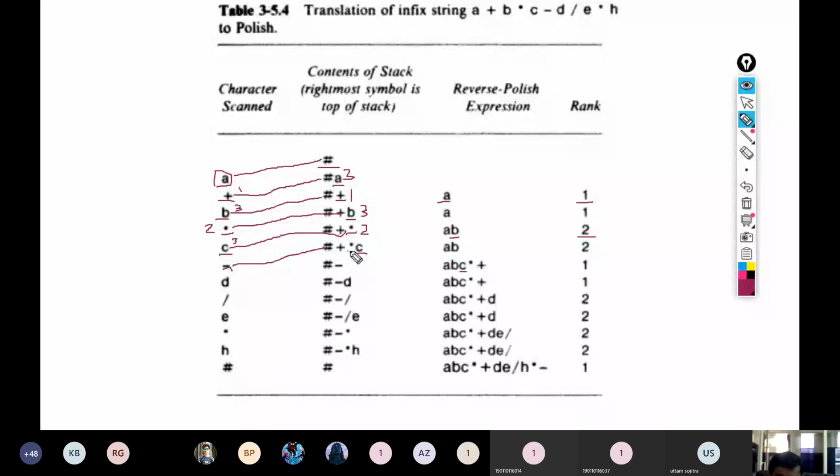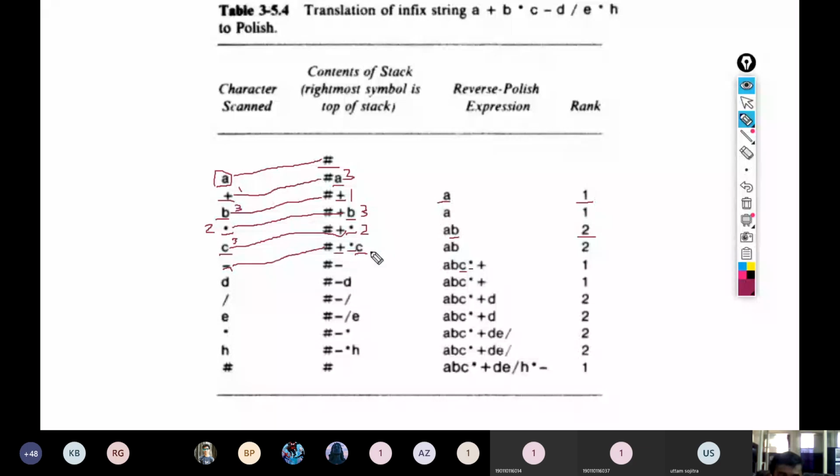Then for the asterisk also we compare the precedence function between the next character and the asterisk. For this also we get that the top of stack is greater than the next precedence function. So we will pop the asterisk also, and append that to the Polish expression. Next comes the plus.